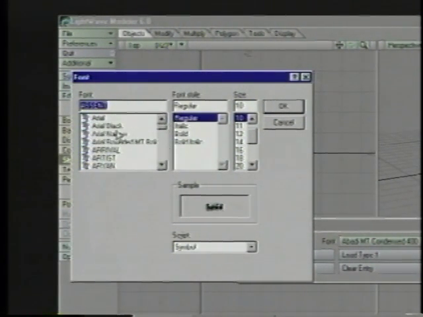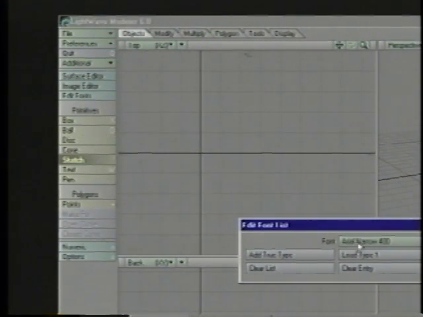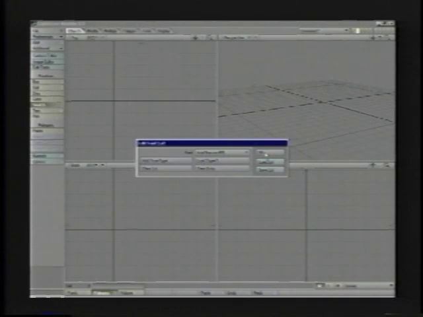That one's a bit wacky. We'll try this Arial Narrow. Regular is fine. Italic, bold, and bold italic don't really matter, so just keep them as regular. The size doesn't really matter. The default is fine. So I'm going to say OK, and you'll see that the Arial Narrow gets put into the font list. Okay, so now that we have some fonts loaded into our system, we can go and select